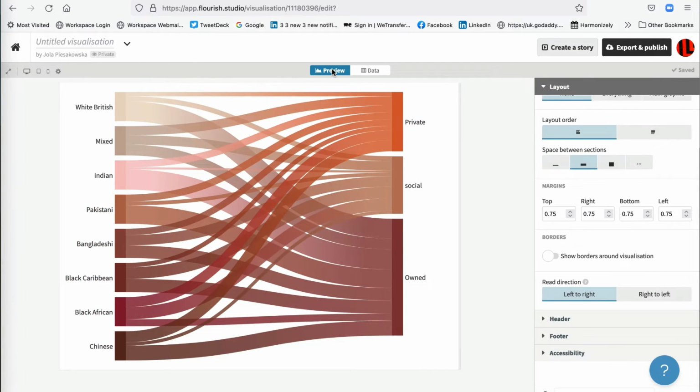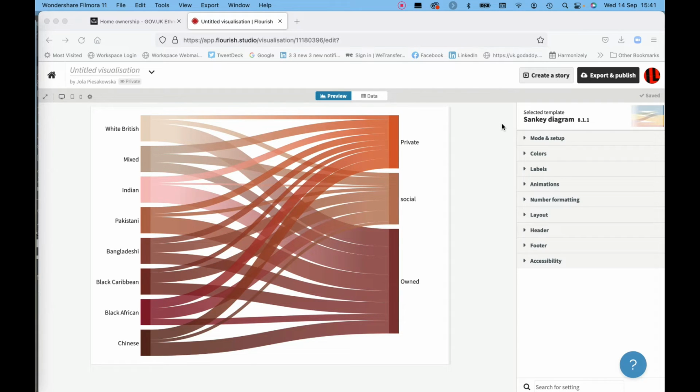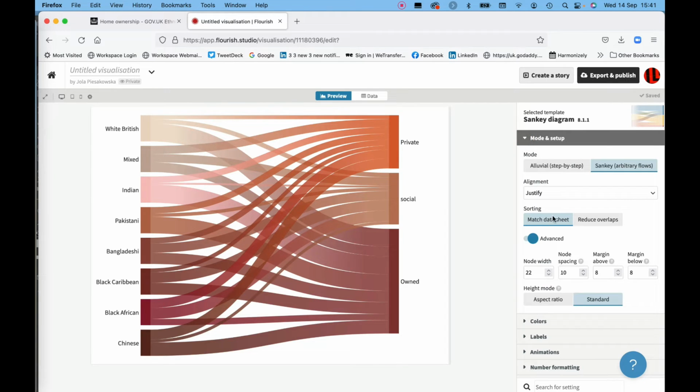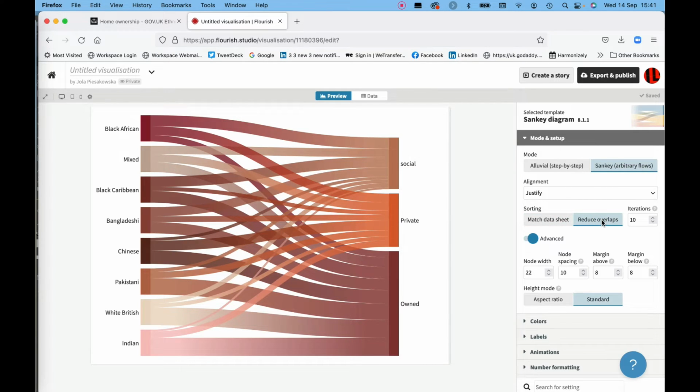So I'm really happy with that. I'm now ready to start getting ready for my data story. So I'm looking at this and I can see I've got white British, mixed, Indian, Pakistani, with black African and Chinese. Now I would like to have the 2 or 3 lowest and the 2 or 3 highest. At the moment this setup is very much as match the data sheet, and I want to reduce overlaps, and this has given me